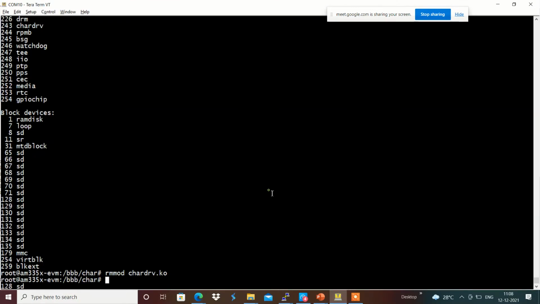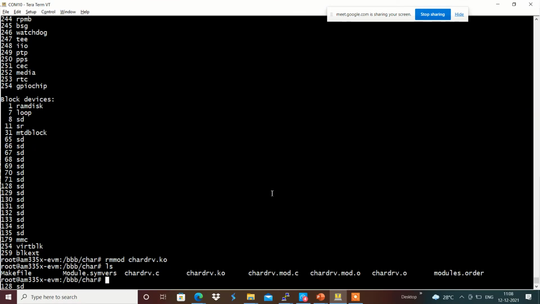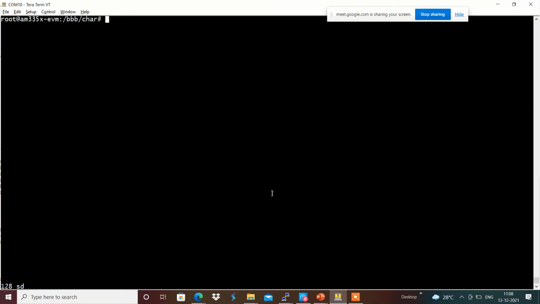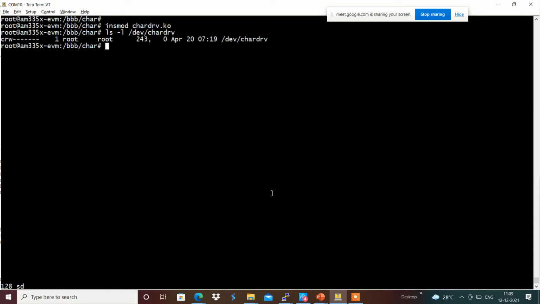Maybe I'm going to execute this. Before that, I'm going to delete with rm -r /dev/character drive, and now I'm going to insmod character drive.ko, and we can see with ls -l /dev/character drive that it got created automatically.